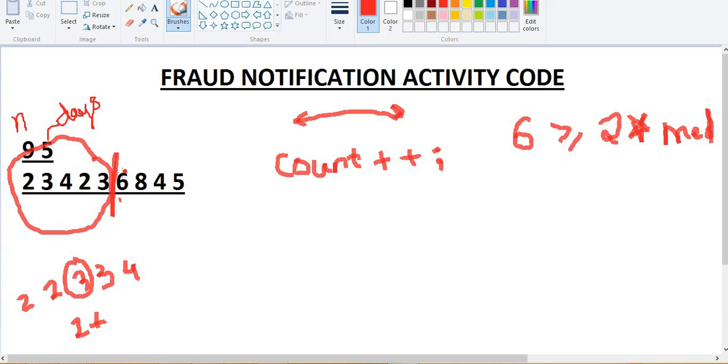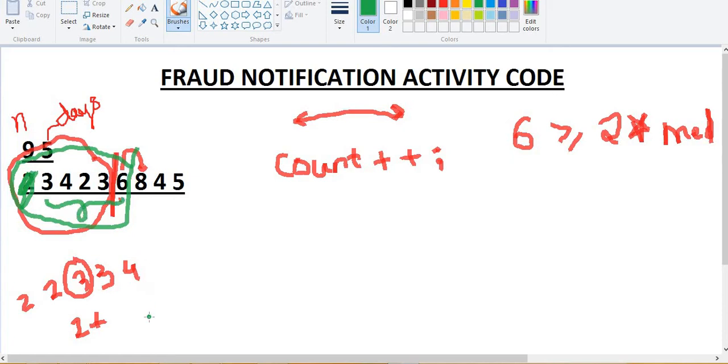After that we hop on to the next element, that is 8. For 8 we have this array for the trailing period, and we remove 2 from it because we want only the trailing days array, and the number of days is 5.